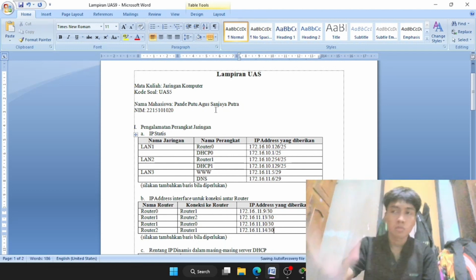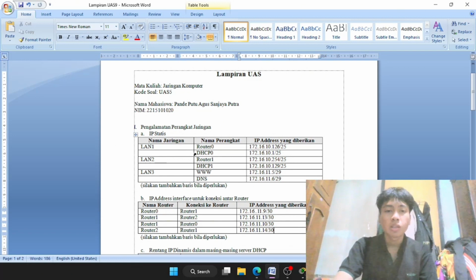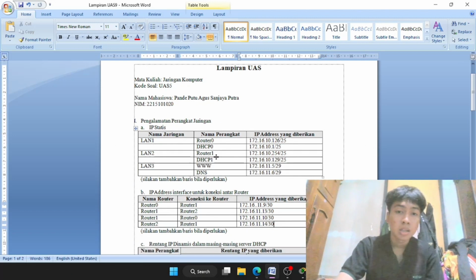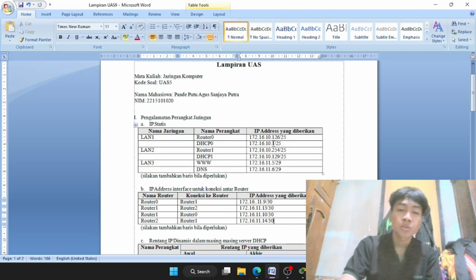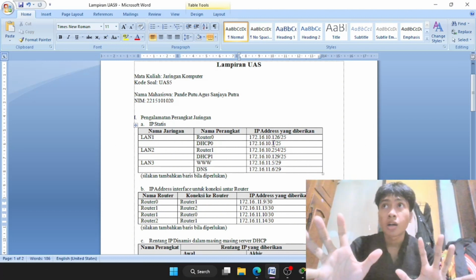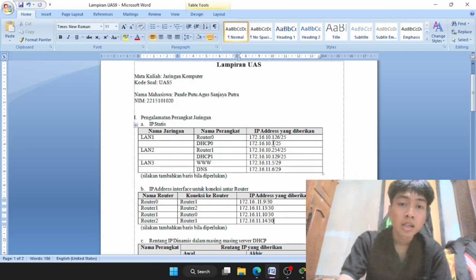This is for LAN number 1, 2, and 3. In LAN number 1, I use IP 172.16.10.126/25 for the router, and then the DHCP will use 10.1. The pattern that I use for addressing its network or LAN is